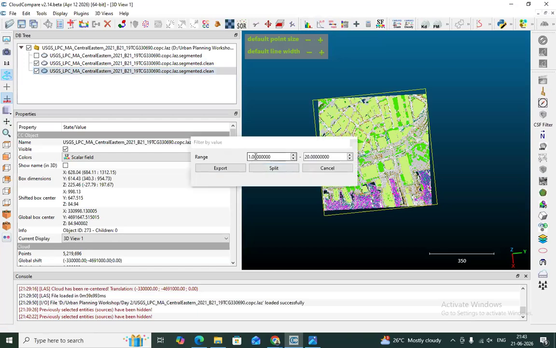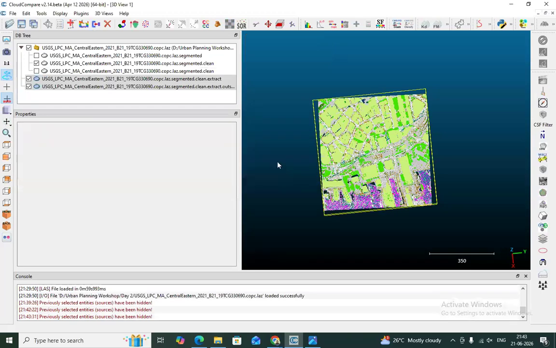If you click here and select the right value, like if you want the building, you must select between 5 and 5.5, sometimes take between 5 and some 6.5, and if you split it,